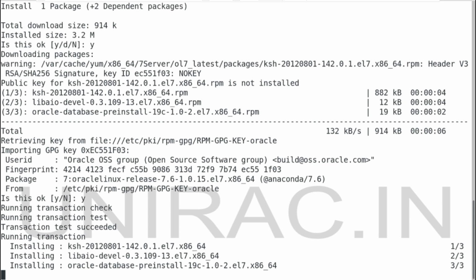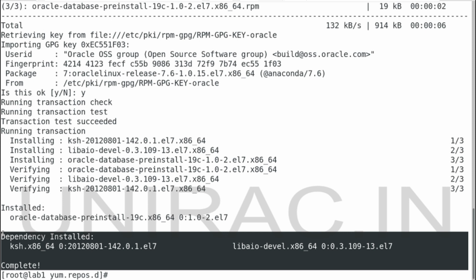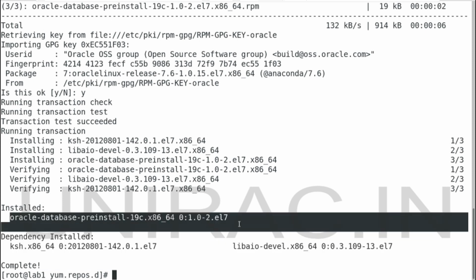One of three is completed, two of three is completed, and three of three is done. The dependencies are also installed. The prerequisite also got installed.